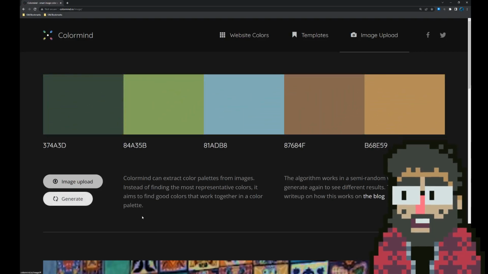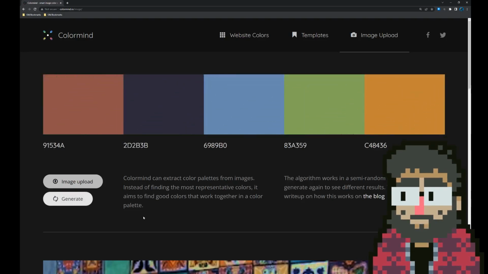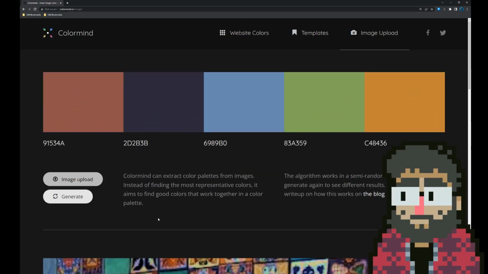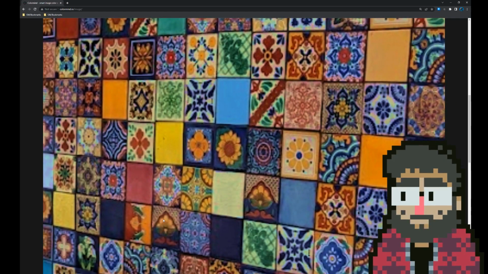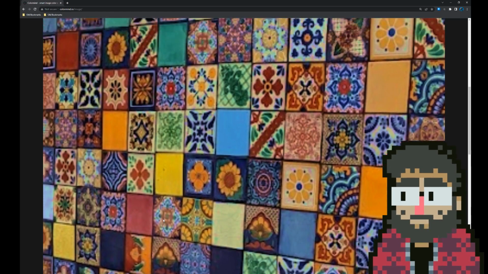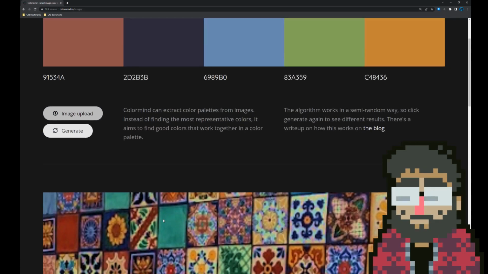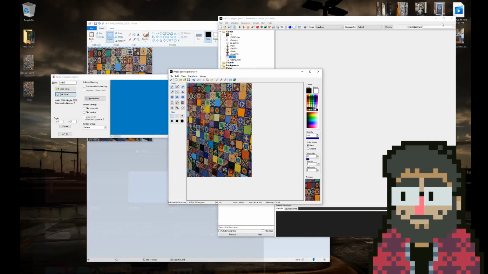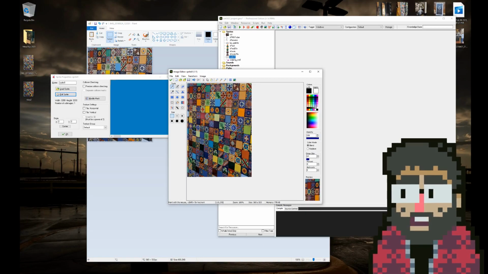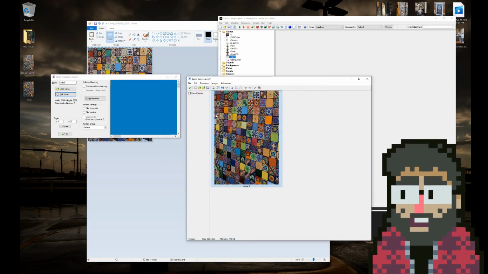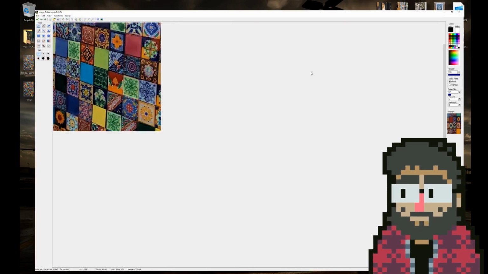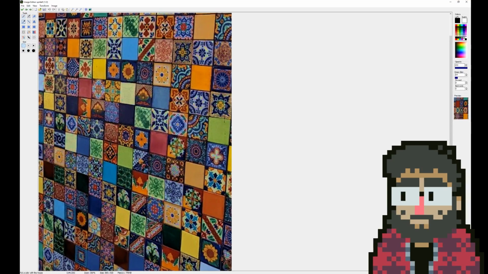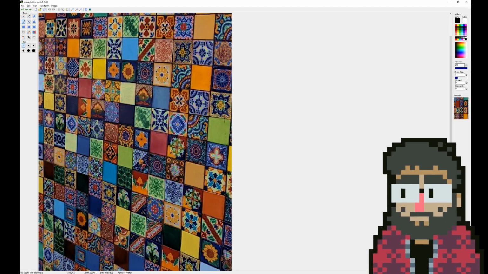We're getting farther away from it. I don't hate it, but it's not really like the image. So we're gonna attempt to hack it. We're gonna go into this, and this is why I like working in Game Maker, because I can kind of fudge it. It's got a little more